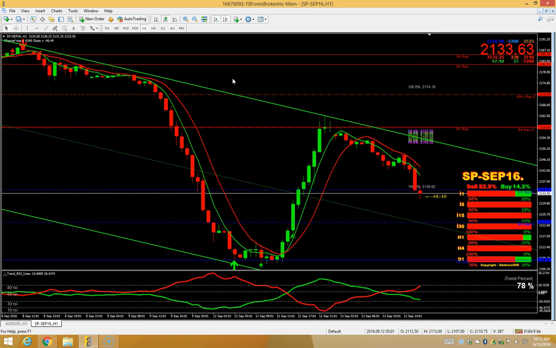Now, I'm a Nadex trader, and I'm going to show you right now in real time a trade that I'm doing in the S&P 500, okay? But before I show you that, it's actually a trade I got in about 30 minutes ago. And I have it going all the way until 4:15 Eastern time. But before I show you the results of that, let me just give you a brief idea of how